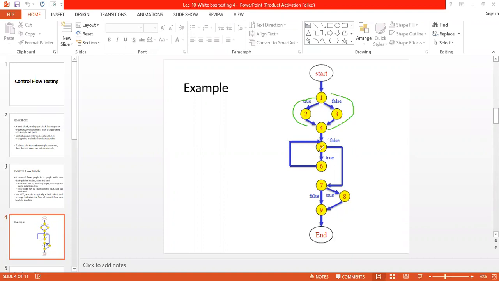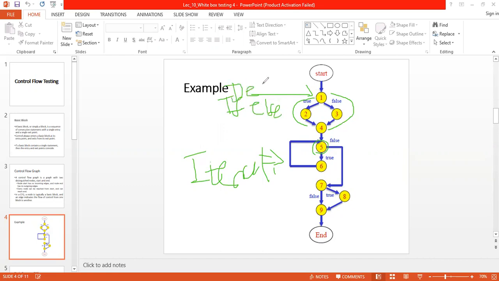When it goes to the fifth node, you can see it can go either to 7 or it can go to 6 and come back again to the 5. So in the coding, this is iteration, right? So this will be if else, or we can call it a decision,